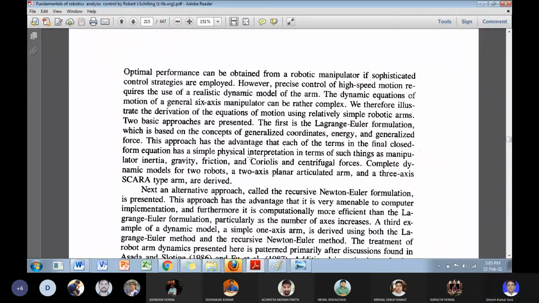So 1 upon 2 mv square, this term represents the 1 upon 2 mv square. Similarly, the Dk represents the inertia tensor and mass. So 1 upon 2 mv square and 1 upon 2 D omega square. In angular velocity, we define the torque,